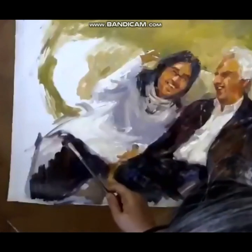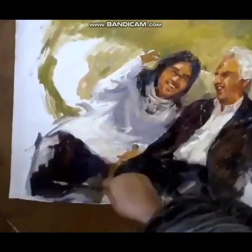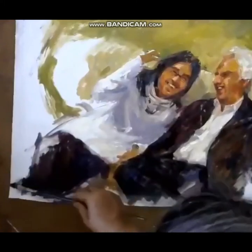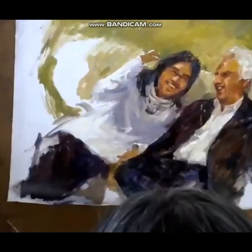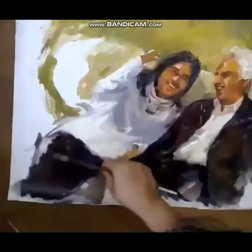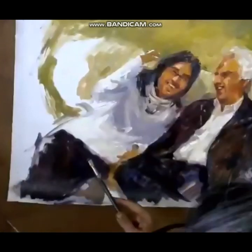Well, it was more of a portrait, so I did more on the details of the features. For any random figure, it's much easier to just show the features or